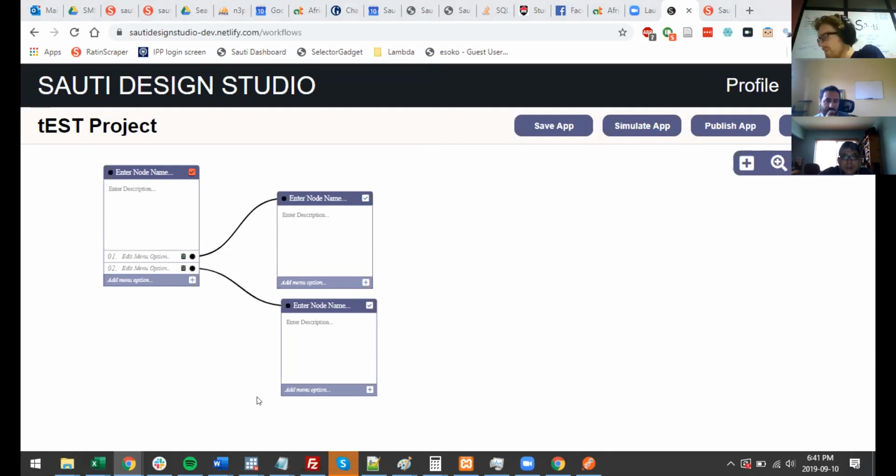Do we have any of the designs from the lady way back when? I don't remember her name. Are there any of the designs available from her? We put into action everything she designed, but are you talking about the mock-ups we made with her? Yeah, the mock-ups. There was a neat flow which you can draw from.